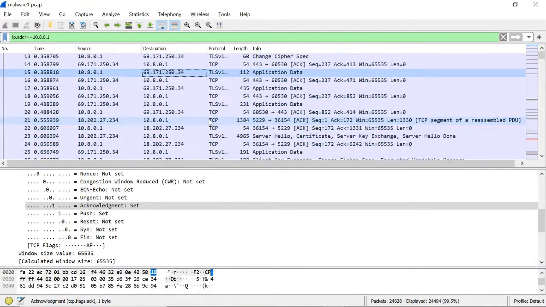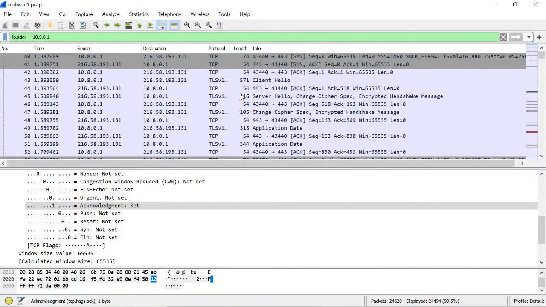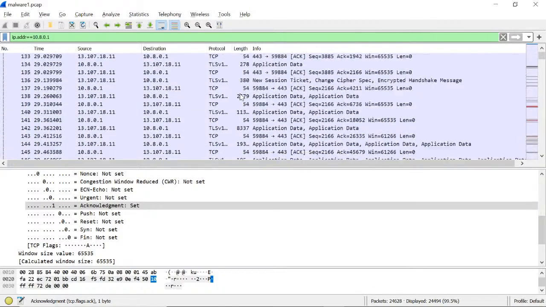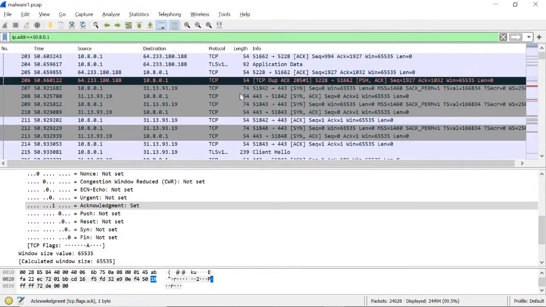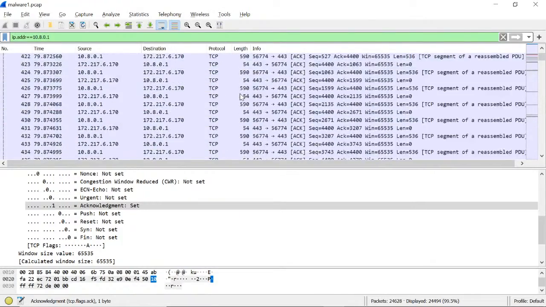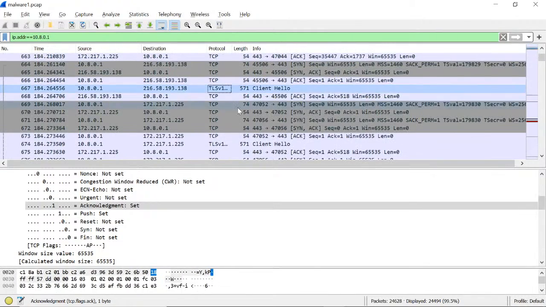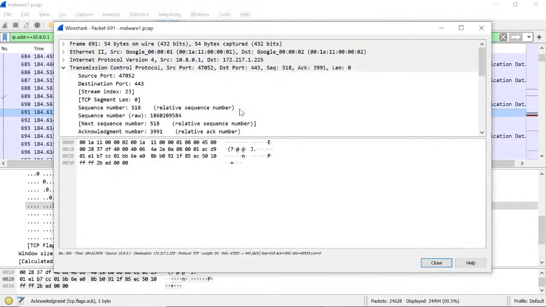Okay, so now we can see also the connection has been established, and then data starts exchanging between the source and destination. If we come down, see what other traffic we can also analyze. This is all TCP, TLS, client handshake. Okay,